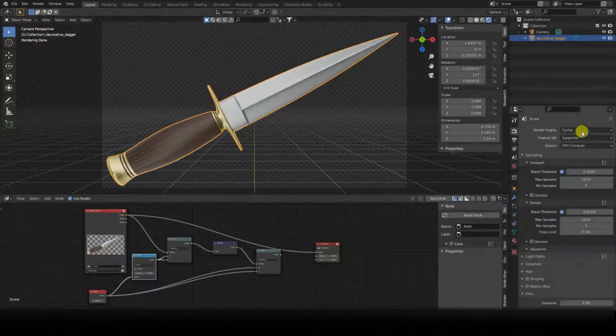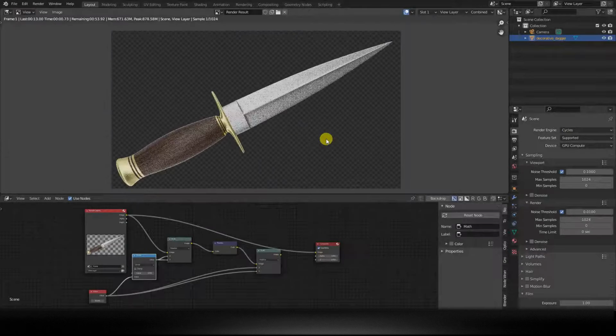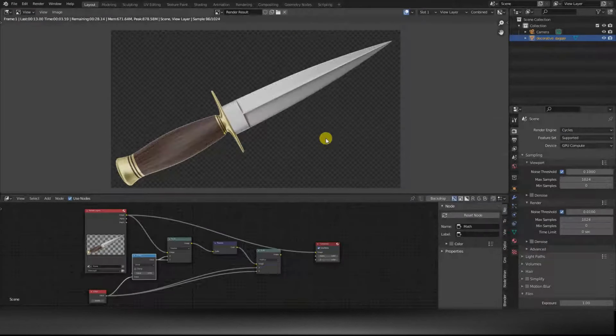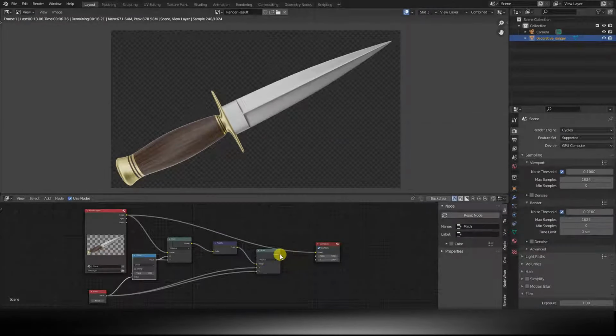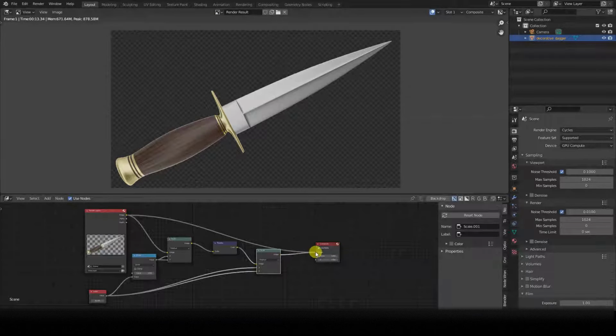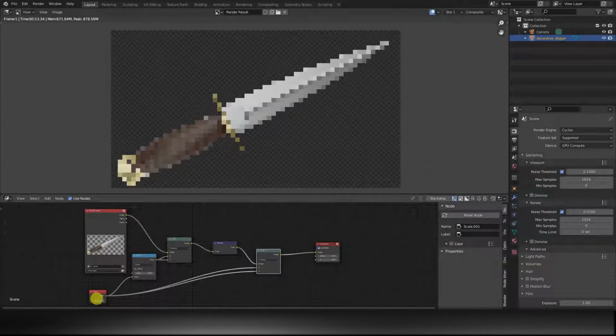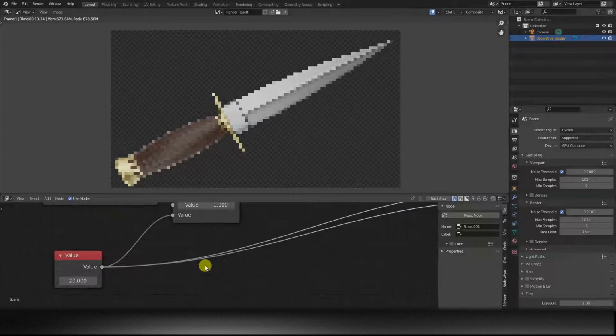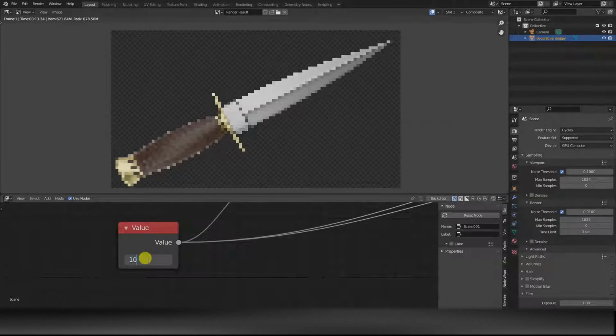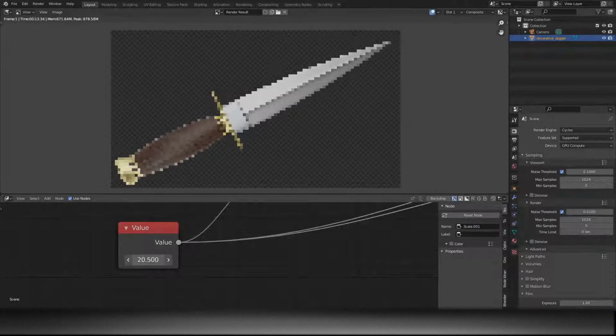Hello everyone! In this tutorial, I will show you how to use the Pixelate compositing node in Blender to give your renderings a pixelated look, similar to the retro charm of old video games. Although this tutorial was created with Blender version 3.3, the Pixelate node has been available since at least version 2.79, making this tutorial valid for intermediate versions as well.